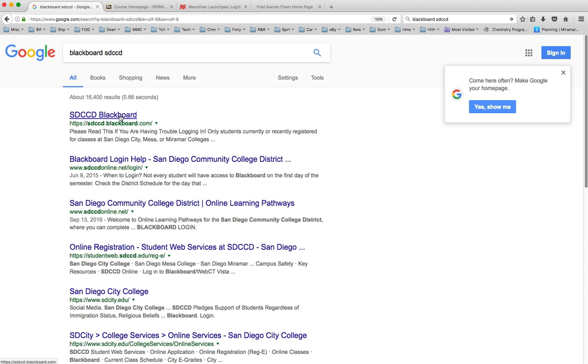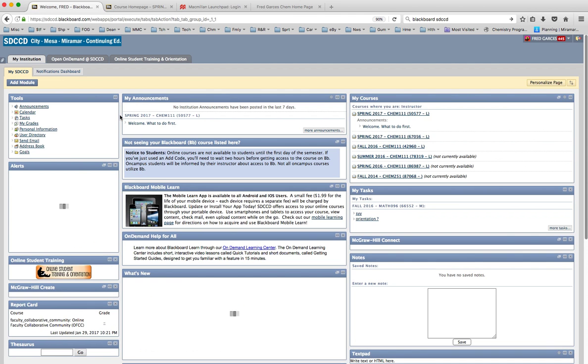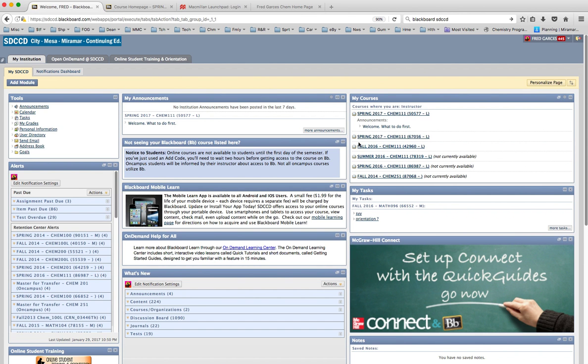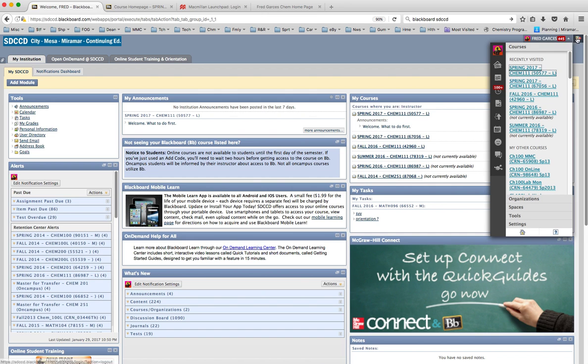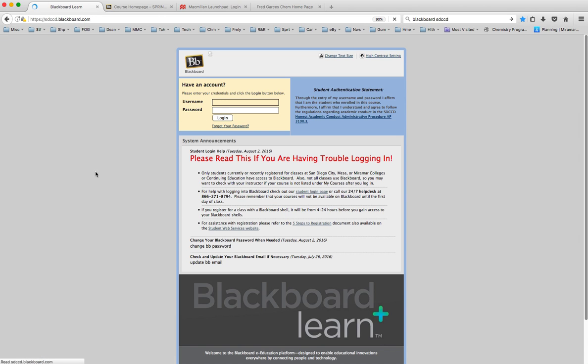This first link will allow you to go to Blackboard, and as you can see, I'm already logged in. So let me just log out so you guys can see what the page will look like. This is the basic page of Blackboard. You will put in your username and your password. If you don't know your username or password because this is the first time you've accessed Blackboard, then your account is already set because you're enrolled in this class, but go ahead and Google